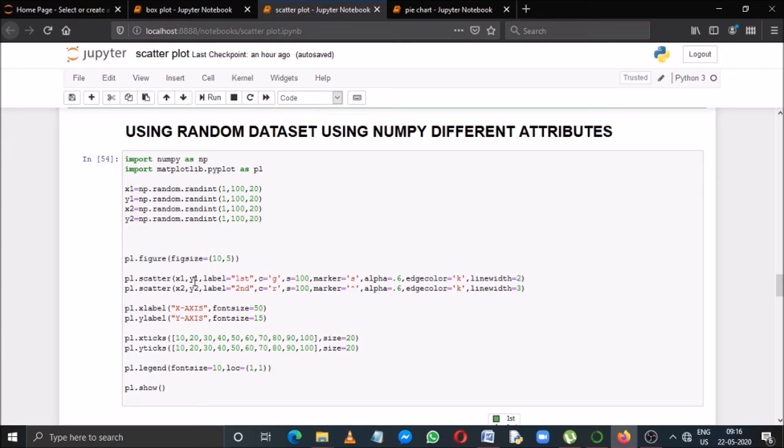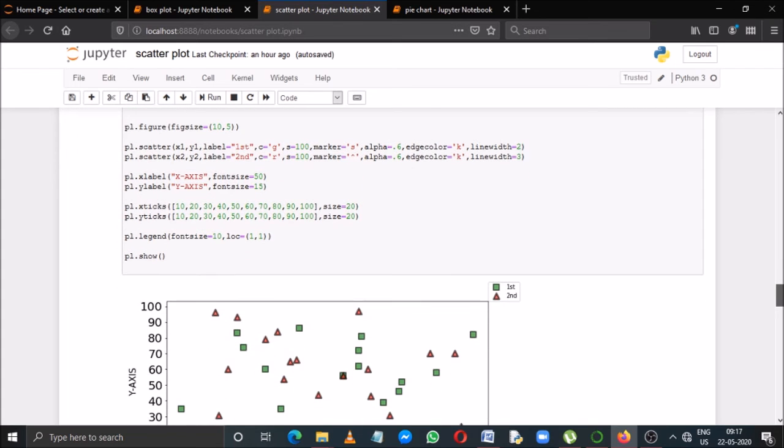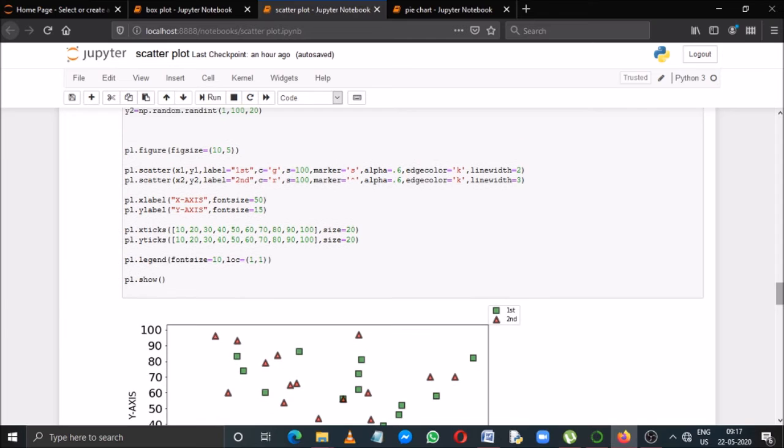Check the first one, pl.scatter x1, y1, then label I have put as first, then color is equal to green, size equals 100, marker is equal to s, that means square, alpha is equal to 0.6, edgecolor is equal to k, that means black, and linewidth equals 2, that means the edge's line width will be 2. And similarly for the next one also, I have only changed the marker style and the color. So one is a green square, another one is a red triangle.